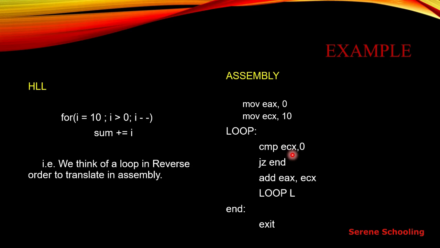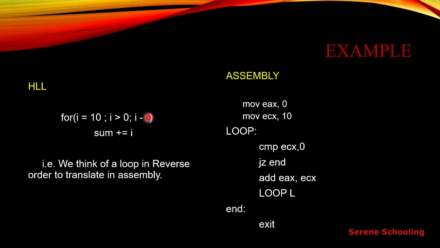Why should it be 0? Because you can see from here that we only have to jump if it is 0, but we see that my ECX is not 0, it is 10, which means my assembler will easily ignore this statement for now, and it will execute the very next statement, and then it will add the value of EAX and ECX, and the result will be stored in the EAX register. After the loop executes once, we have to execute the loop 10 times.